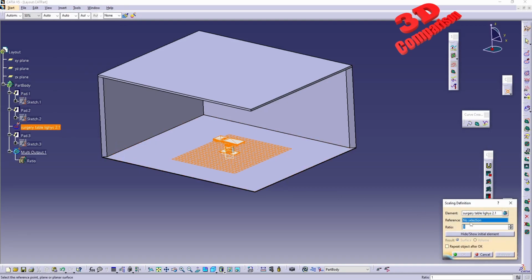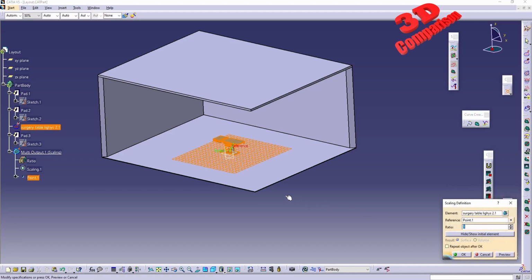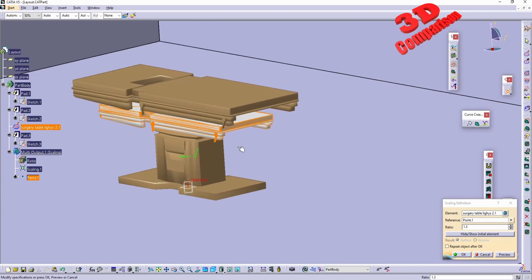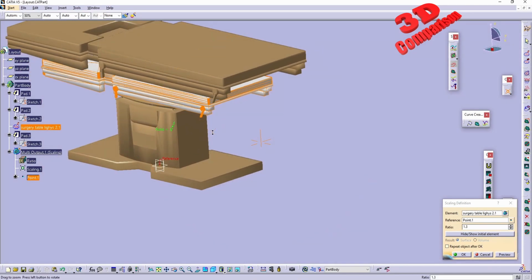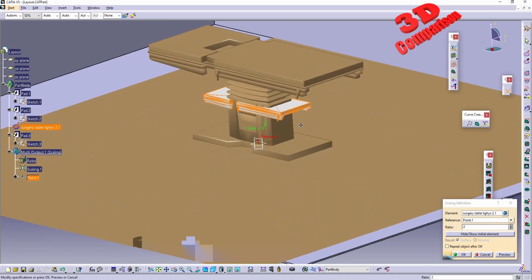For the scaling, we need to define a reference. In this case, I will just right-click, create a point, and that point will be in 0, 0, 0. And afterwards, you're going to have the scaling ratio, which will be the factor. For example, if I'm going to make this 1.3, we're going to see how the new STL will be positioned over here. If I will scale this all the way to 2, for example, we're going to see that in